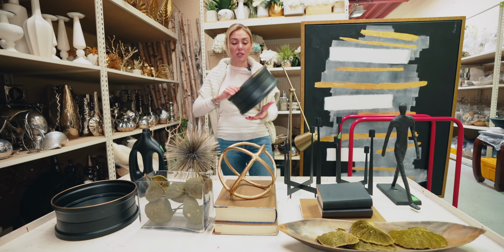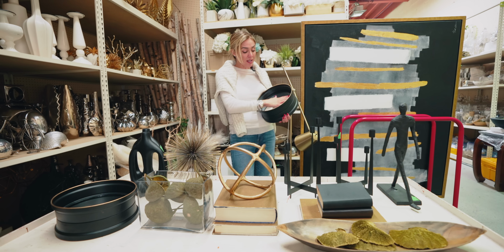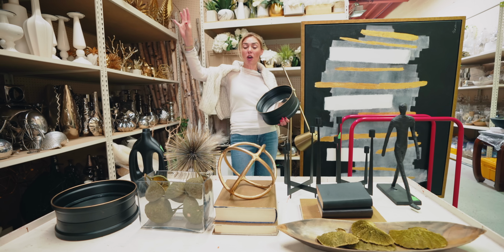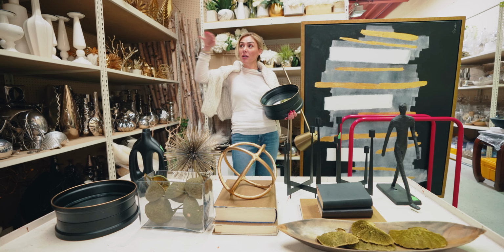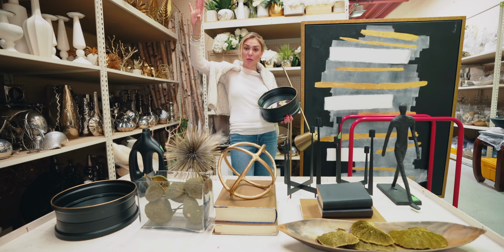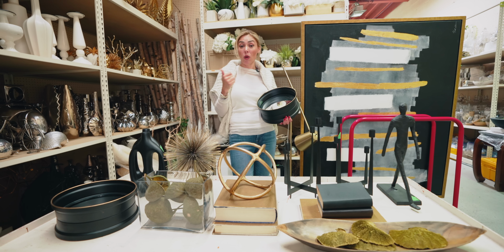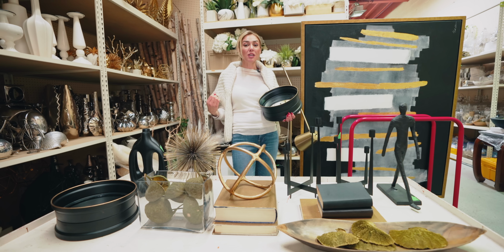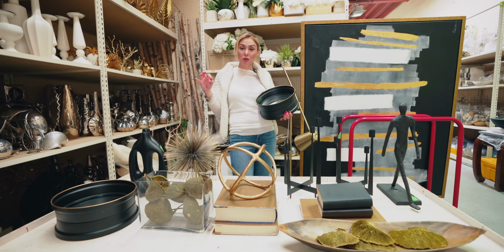Something I love to do is to use pieces like this. So this is a mirror insert, but it has a black and gold frame around it. And it's an interesting piece. So when I put two of these on either side of the wall unit, I'm not going to put them leveled, I'm going to stagger them. So one's going to be lower and then the other one's going to be just a bit higher. And this is going to create interest, make the space look cooler without being too catchy, as in, say, having a red piece in the wall unit. Again, the goal here is to keep up with that luxury look, but bring in that more modern